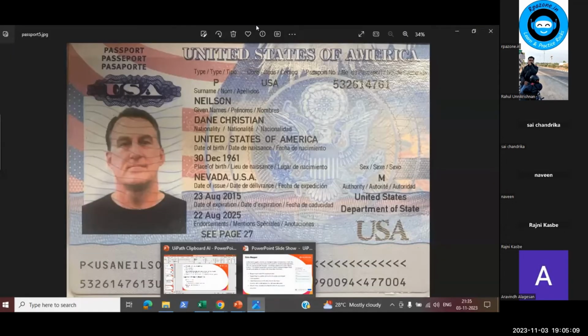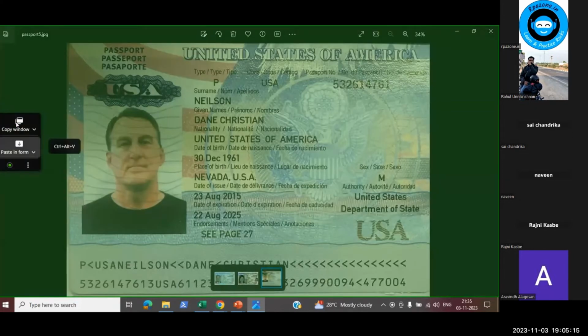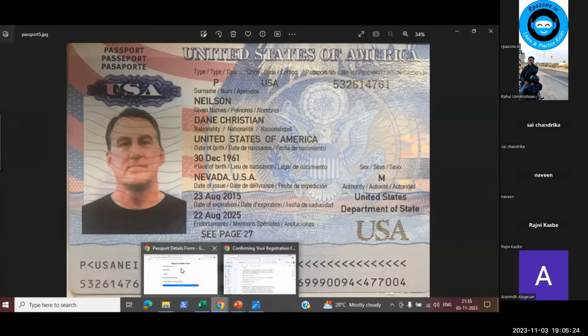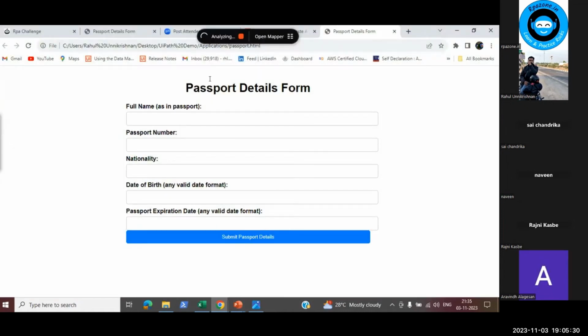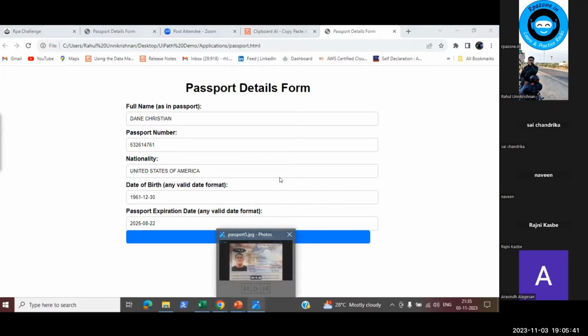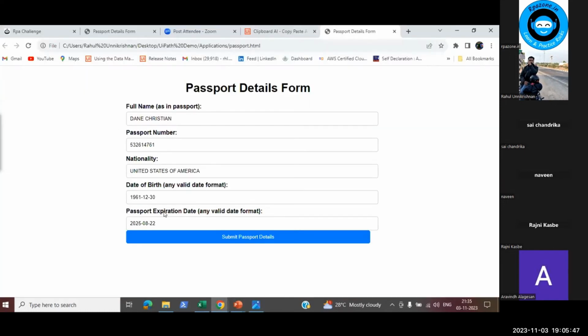So here, what I have to do is just click on copy window. At the top, you can see copy to clipboard AI. Now, this is my destination application. So let me go here, page info. Okay, so here you can see it is automatically pasting the data, right? It automatically fetches the data from my source application, my passport, and it automatically pastes the data here, right? But let's consider if you want to modify some value in this particular passport entry, expiration date,